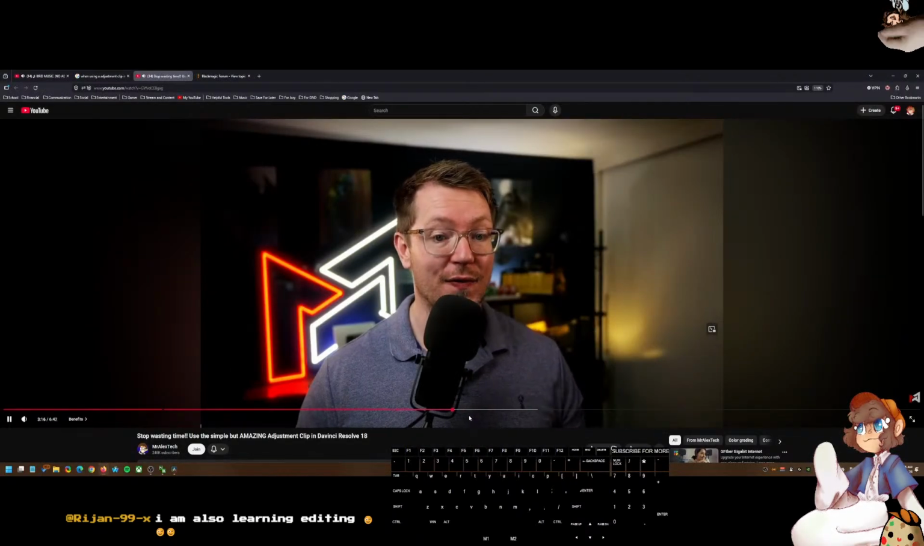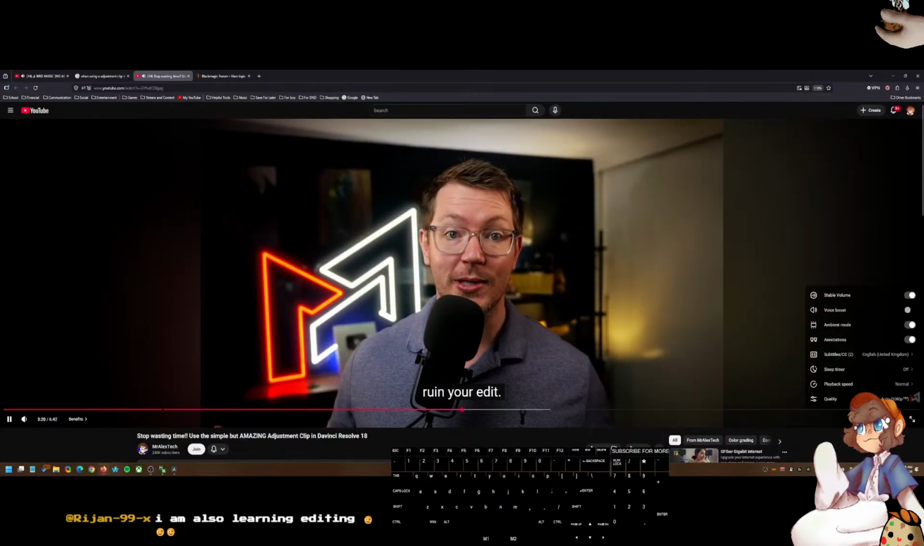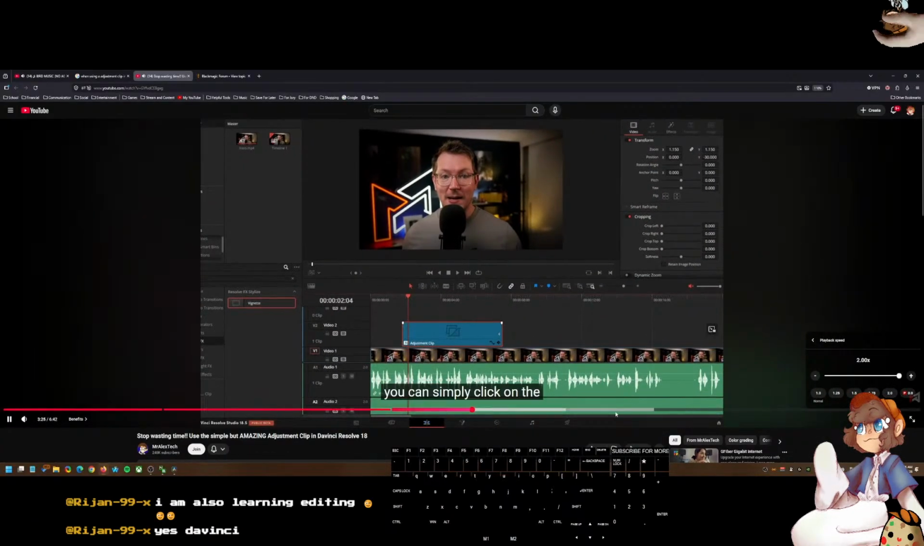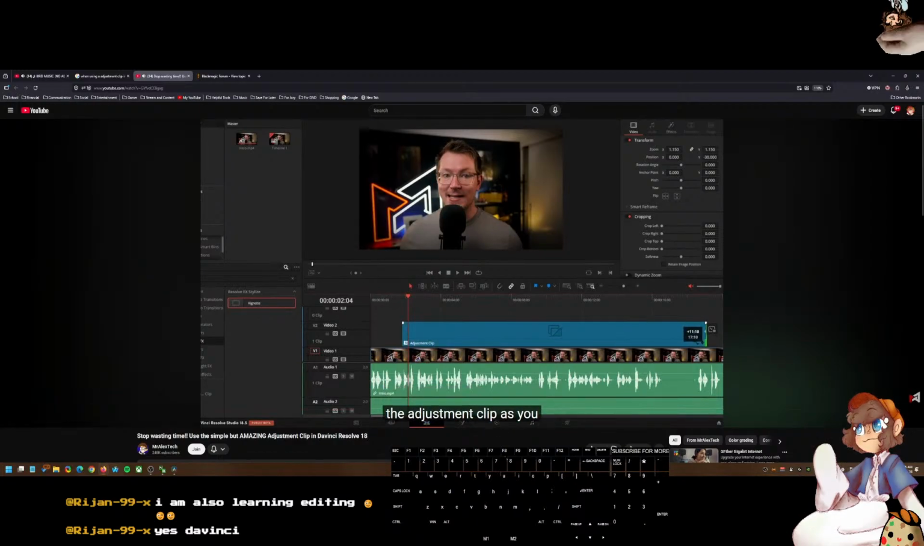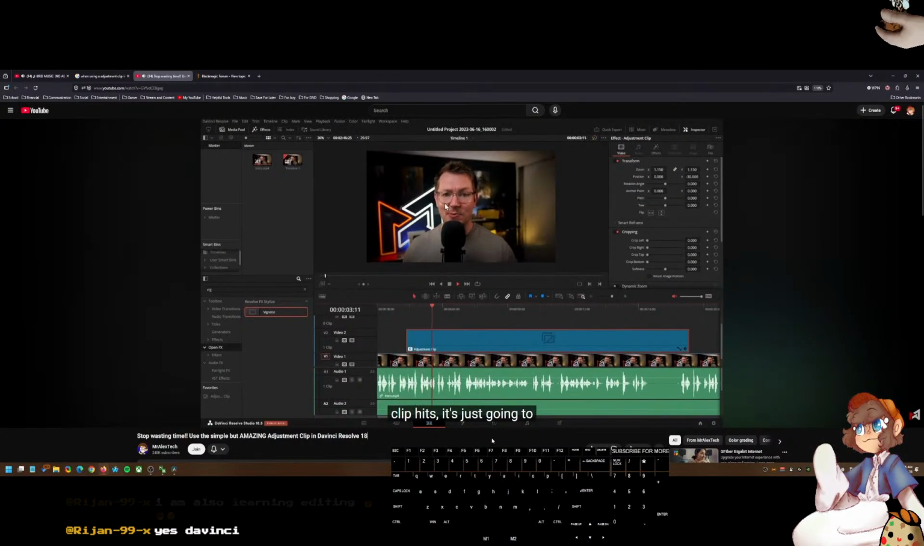You can't always just make that clip longer or shorter because it'll ruin your edit. But with an adjustment clip, you can. Once it's on your timeline, you can simply click on the ends to lengthen or shorten the adjustment clip as you usually would. So this adjustment clip has a vignette and a snap zoom. So wherever that adjustment clip hits, it's just going to zoom in and apply the vignette. And if we realize we don't want it quite this long, we can just make it a little bit shorter